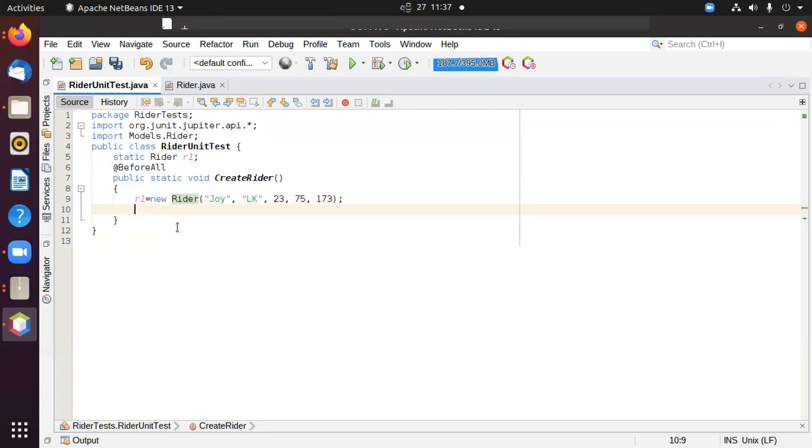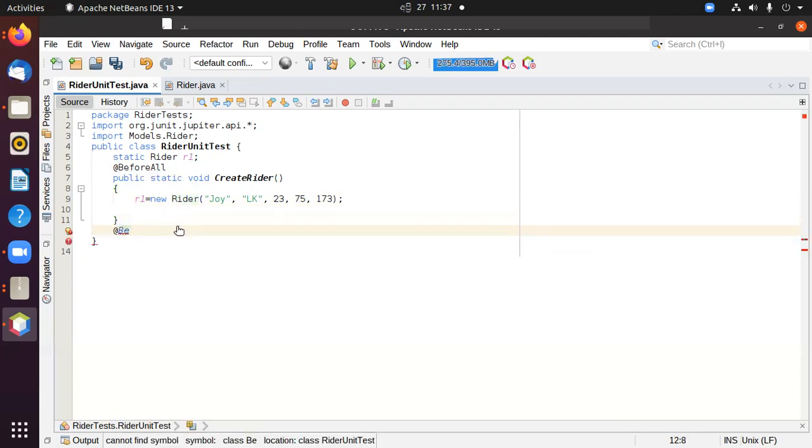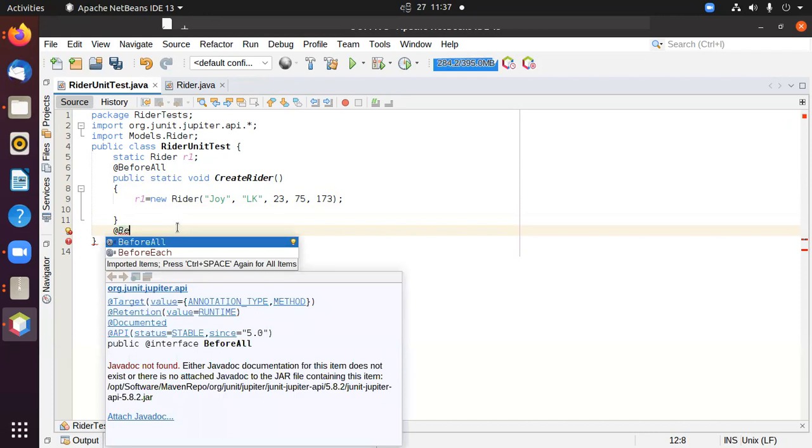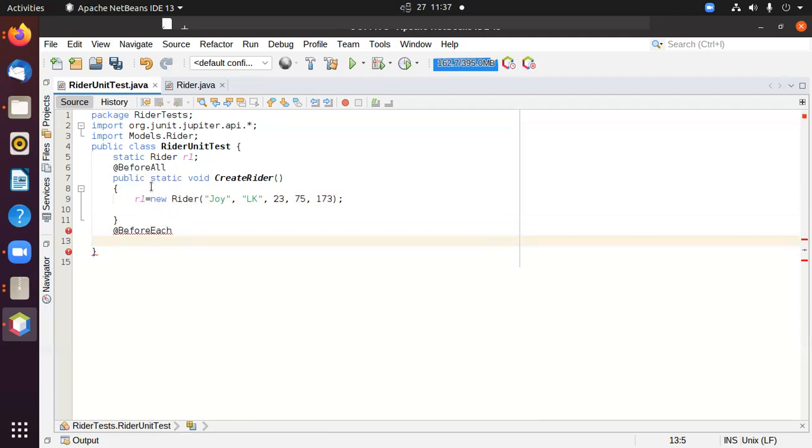The second method is what? The second method is @Before. Here you don't need to type it. You can use Control space bar. So that is BeforeEach. Now since this doesn't have the All at the end, that will be a non-static method. So complete it, void, you can say set